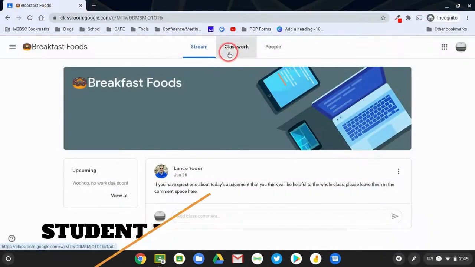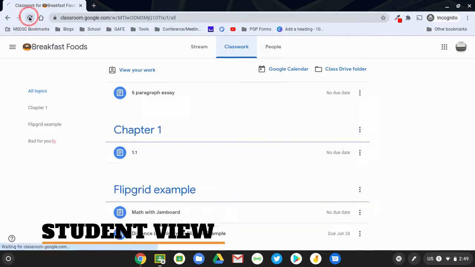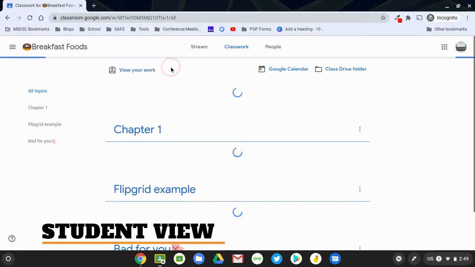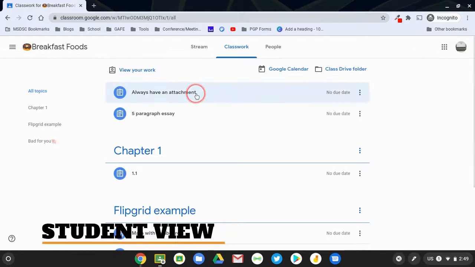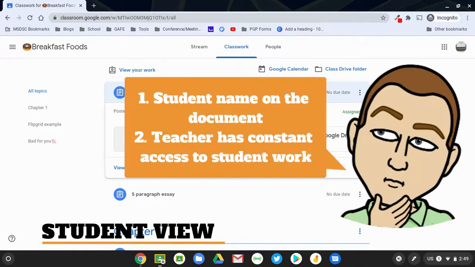Now as a student, I'm going to go to the classwork tab, and you'll see that the assignment will be sitting right there. I might have to do a little refreshing here because sometimes it takes a moment for new assignments to appear. There we go. Always have an attachment. And I see right there, student name in both scenarios. Why is this important? Well, A, it puts the student name on it, and